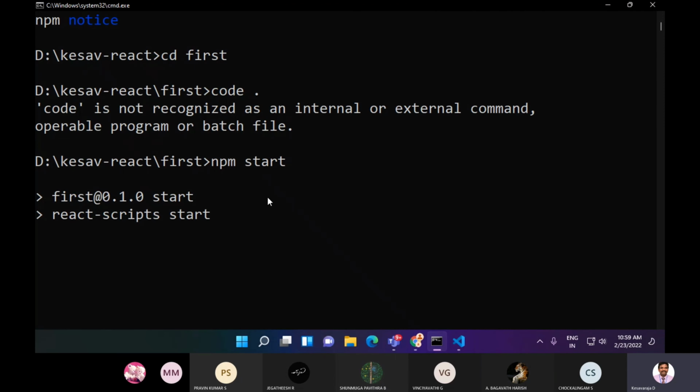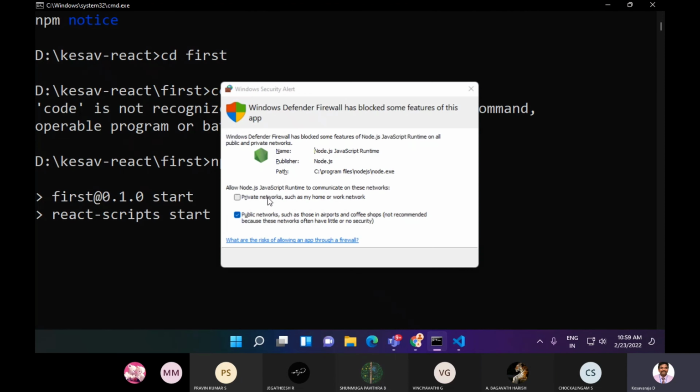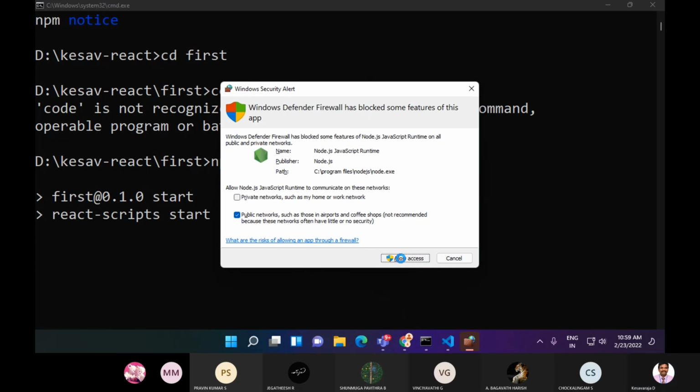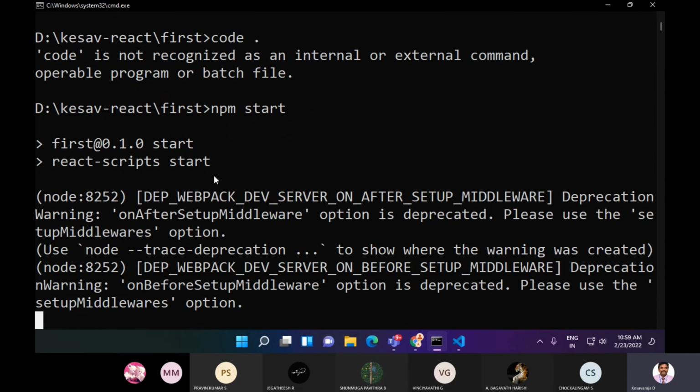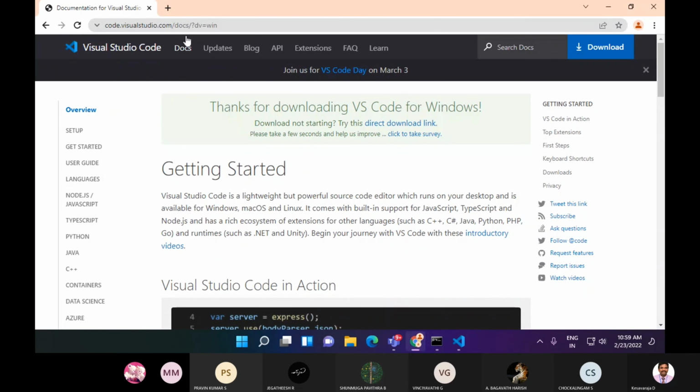For creating the same, you can use the command npx create-react-app, then the name of the app. Now allow access. Now click on the button allow access. So you can access your React file. Now you can open your browser. Now everything is ready. So you can open the browser and then type